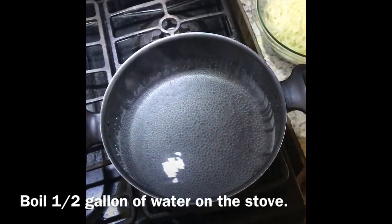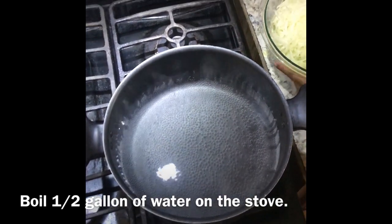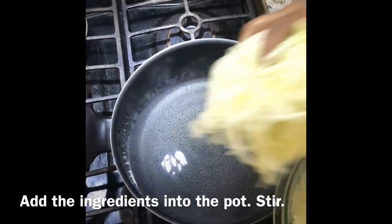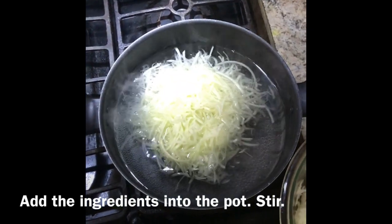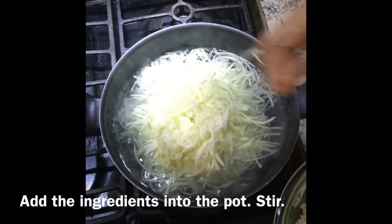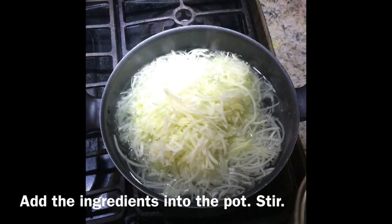So now we're gonna boil some water on the stove, and we put at least 1 cup or 1 gallon, and then you can add all of the ingredients into the pot. I usually start with the most of the ingredient, which is the papaya, which is